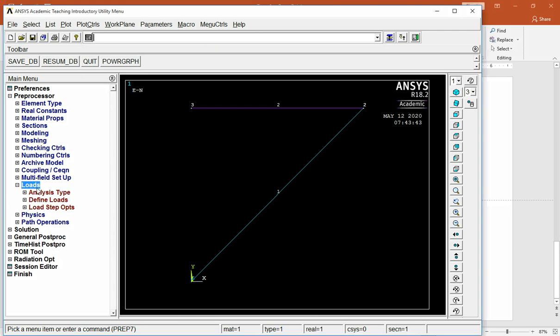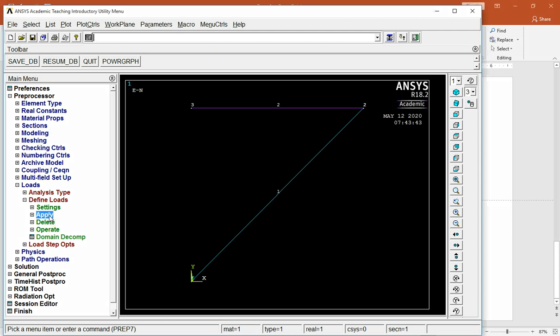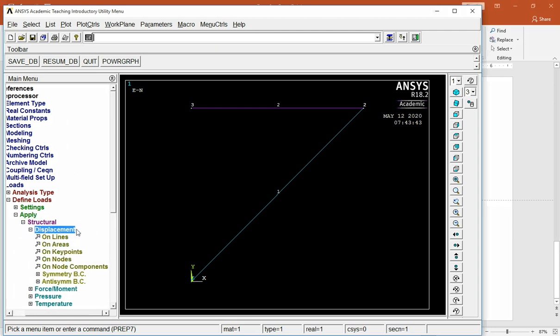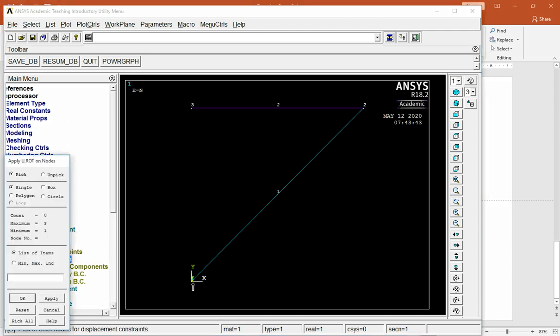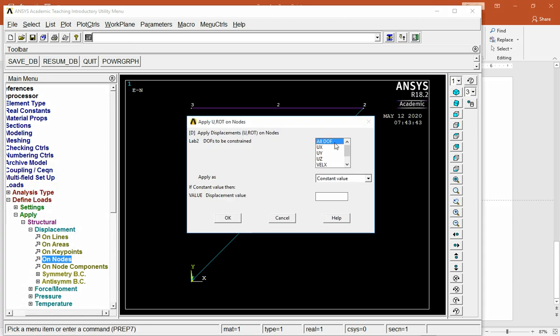For that, go to the loads section, define loads, apply structural displacement on nodes. Select node 1 and node 3, say OK, and select all degrees of freedom, make it 0 displacement.